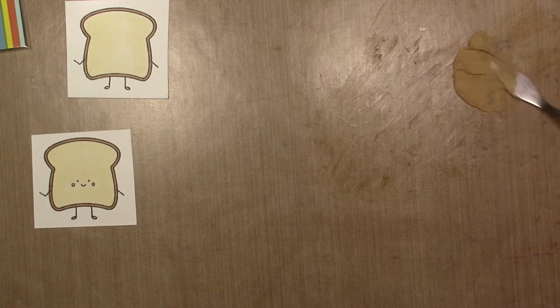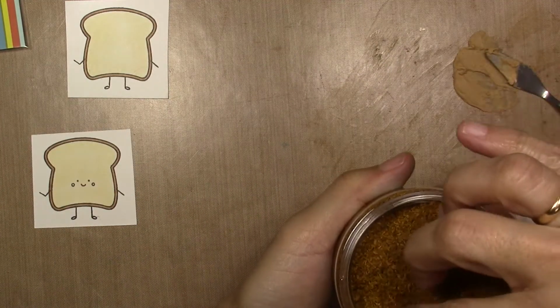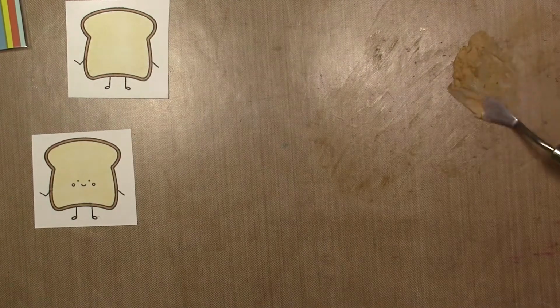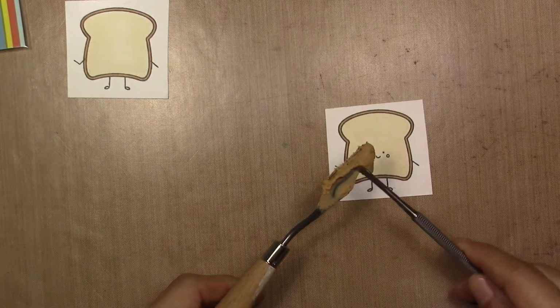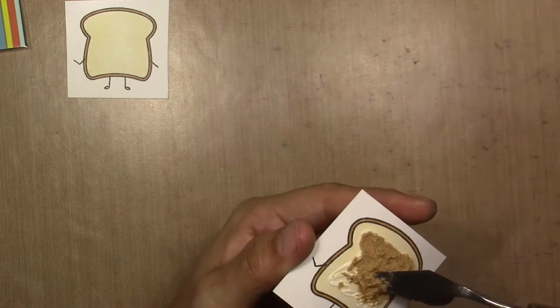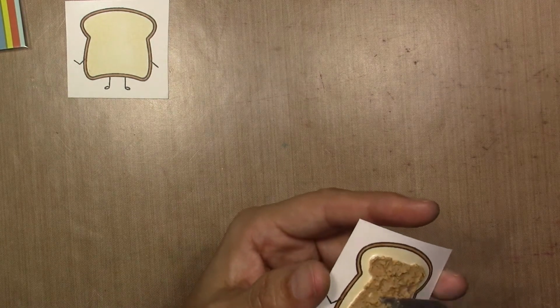I was adding the color into the mix little by little until I got the color that I think is the most peanut butter look-alike. I'm going to add this to the bread that has the face, because I'm going to add googly eyes and stuff like that later. That's why the other piece of bread doesn't have the face,